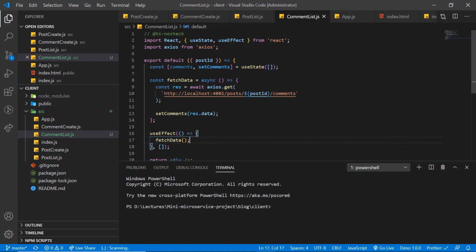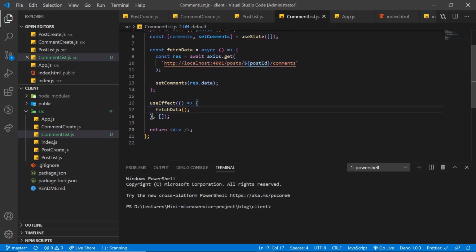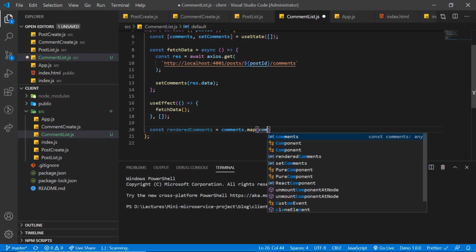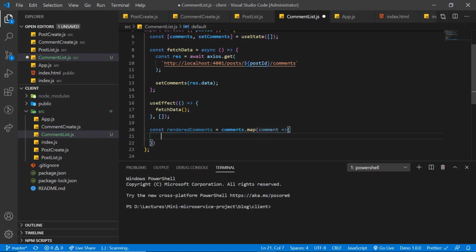Now the last thing we need to do is to map over the list of comments and return some JSX out of the entire list. So let's delete this return here and create a new constant called renderedComments, and it is going to be equal to comments.map, and then we are going to pass comment here, and for every comment we will return an li.